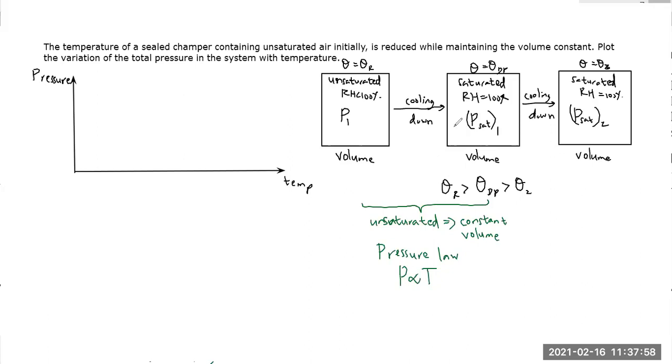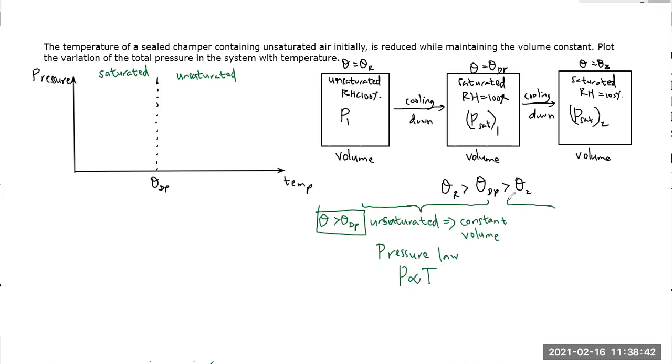Now my reference is going to be dew point. So you have to be a little careful here. This is dew point. Below dew point, our air is actually saturated. Above dew point, it is unsaturated. So this part is where the temperature is greater than dew point. That is the region we are talking about. So this is the relationship between pressure and temperature.